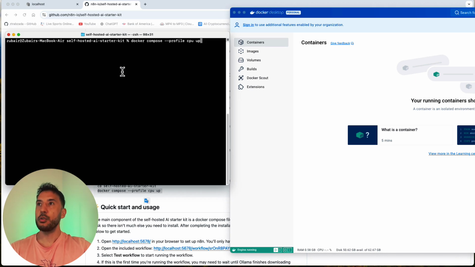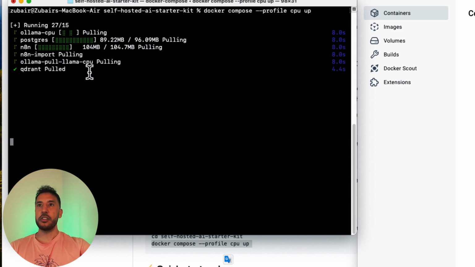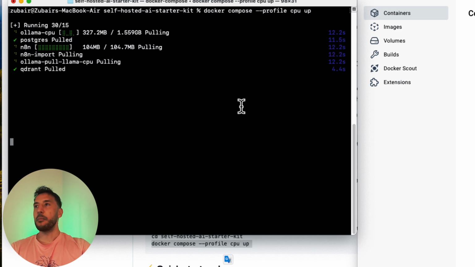So docker compose profile cpu up. This is going to run all of the different Docker containers that are required for this AI starter kit in your profile through your CPU. So you're just going to press enter, and now it's going to run and pull the different containers and images that are inside this, including the Ollama, Postgres, n8n, and then the Qdrant vector database as well.